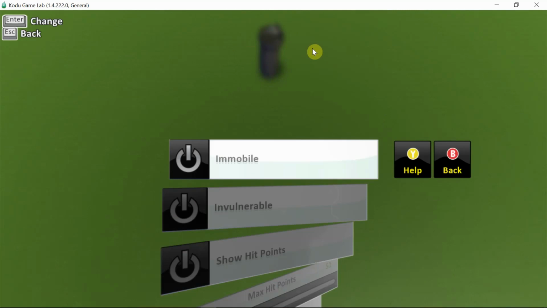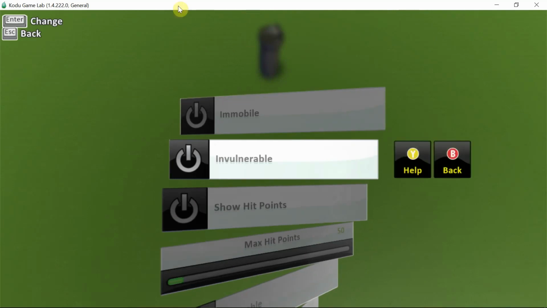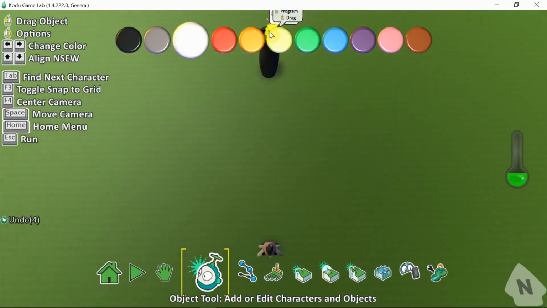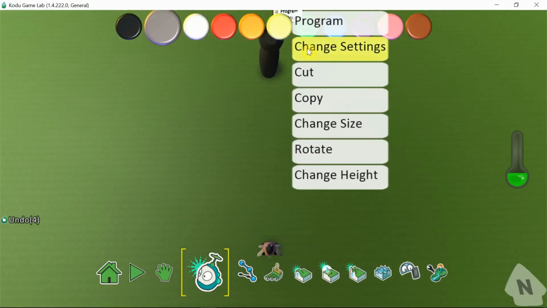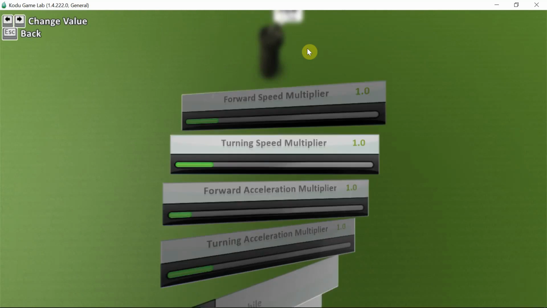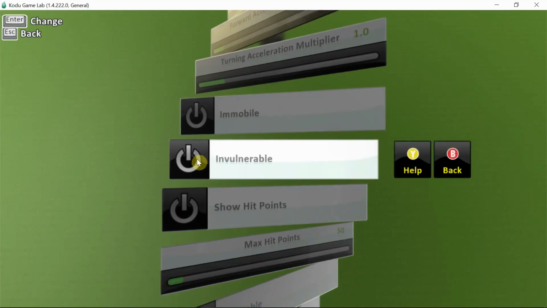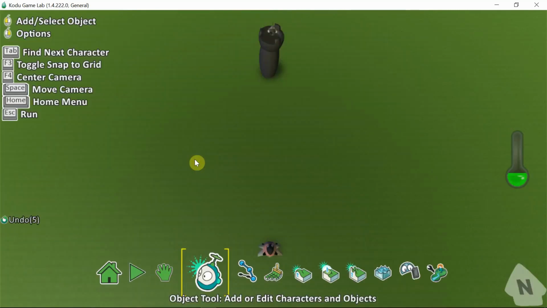I click here, this is green, that means this option is on. Invulnerable means no missile will destroy the castle. The same thing I can do for the cannon also. Invulnerable for the cannon also.